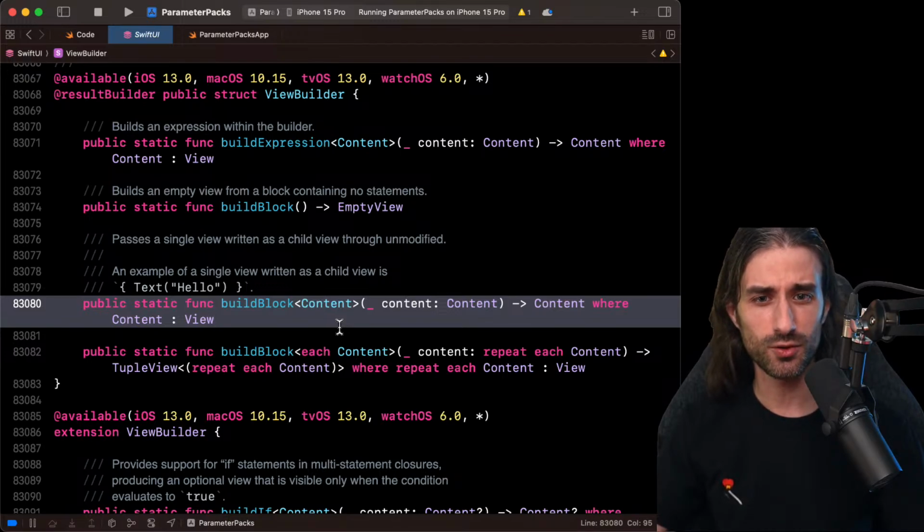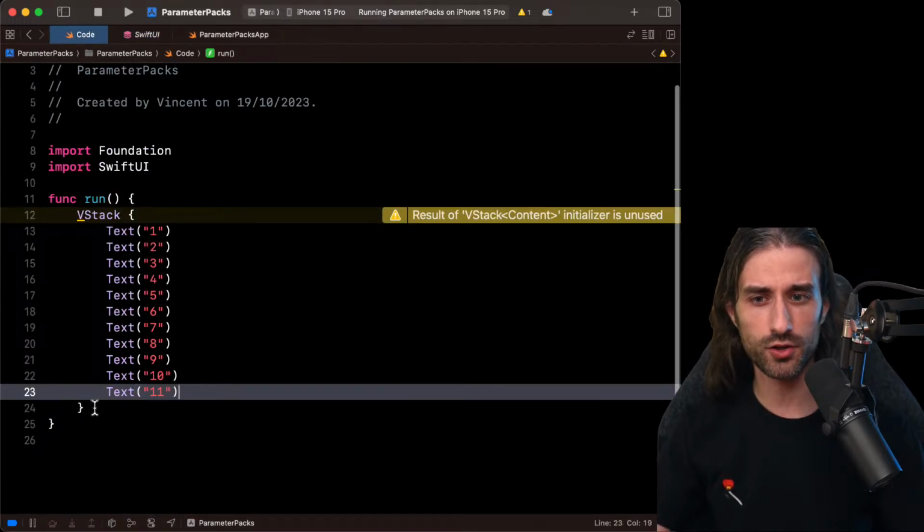When I started using it to prepare the content, it really took me some time to wrap my head around this idea of: I'm not dealing with a single type, but I'm dealing with a vector of types, and I don't know the length of this vector when I use it. And it's something that is a bit new actually, because there is no equivalent concept in Swift up until now, and as we will see, the fact that there was no equivalent concept means that the syntax to handle parameter packs is also a bit different than what we've seen up until now. That's more than enough for the introduction. Let's go back to our code.